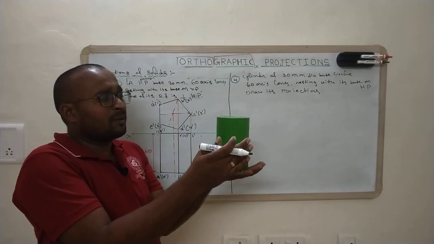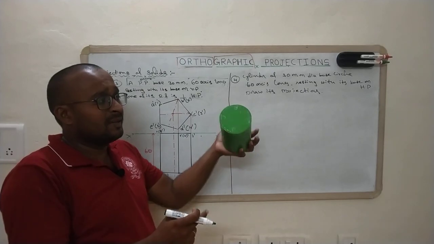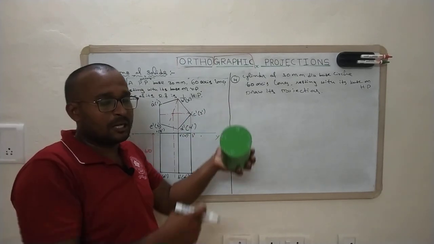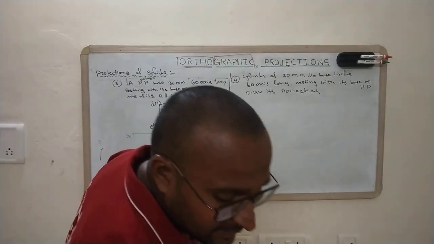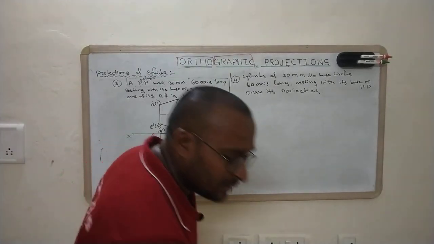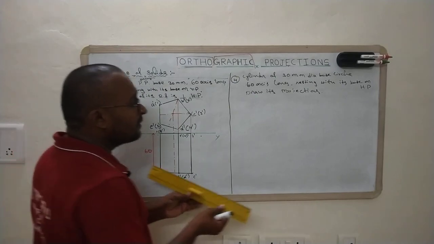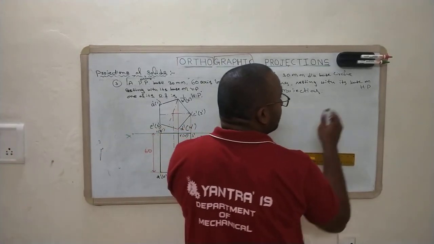When we see from the front view, we will get a rectangular surface, and in the top view we will get a circular surface. So we should start with the circular surface, that is the top view of the given problem. Now draw